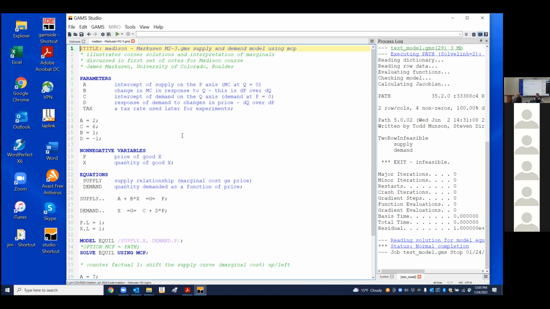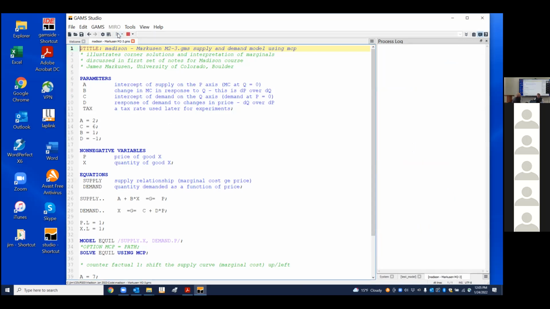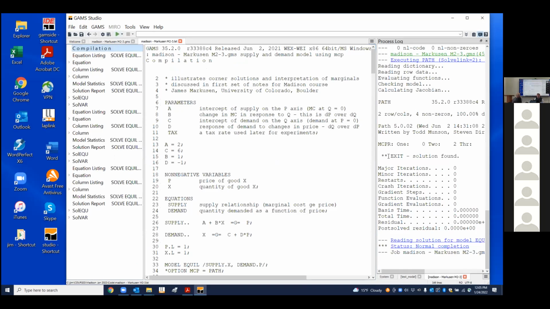Just to let you know, GAMS Studio is an editor, but it's also integrated into running the program itself. You don't have to leave like you did in the old days and run it through the DOS command. So this is the program I had. The little green arrow up there is the run button. If you click that, it runs the program, and on the right panel will come up